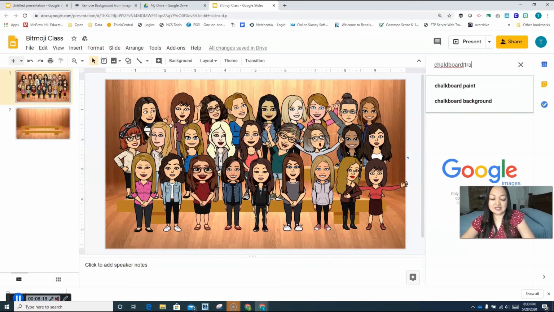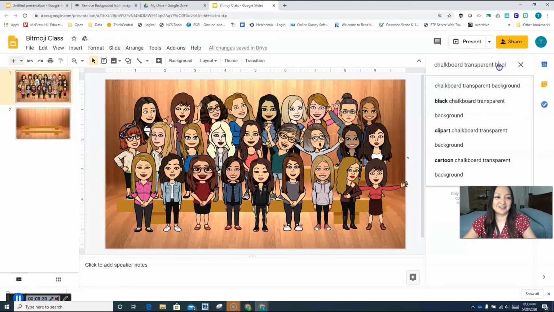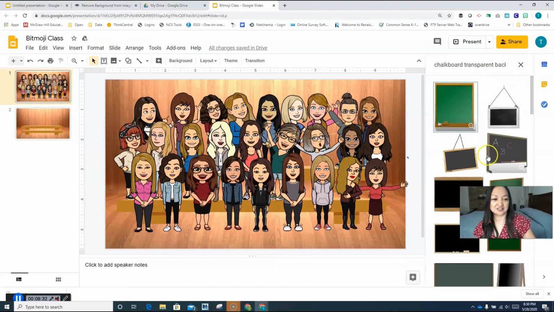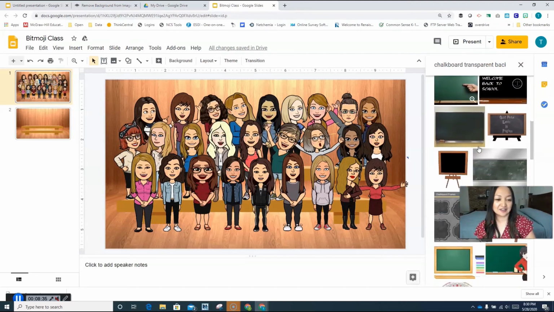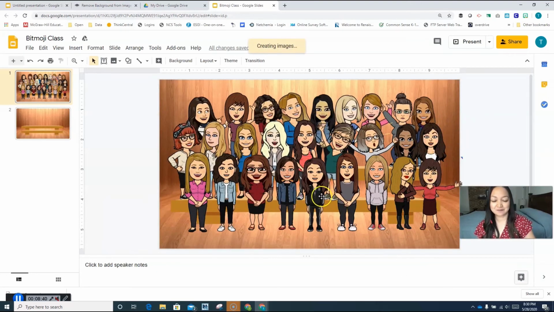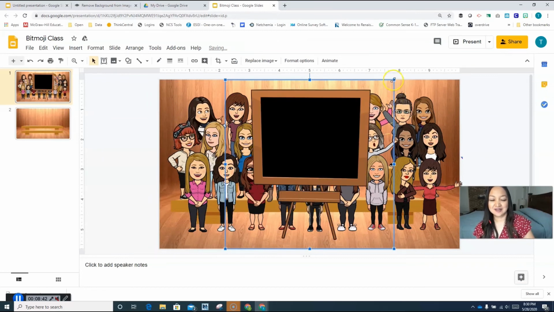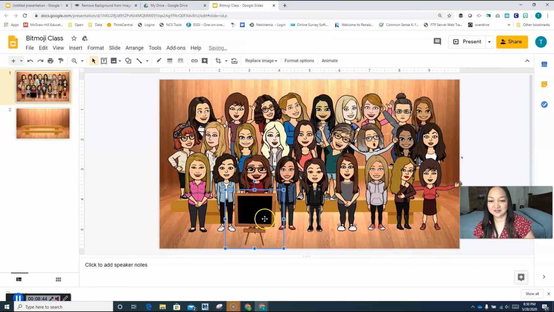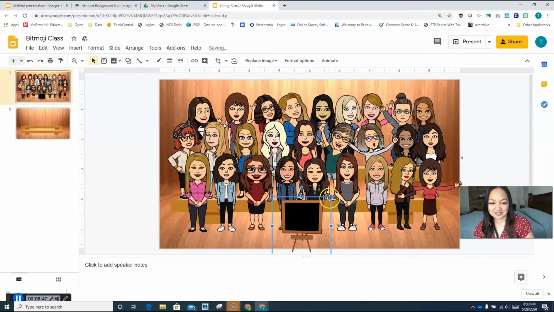And again, you want to type in transparent background, and maybe spell your word correctly. There you go. Or PNG. So I'm going to go ahead and search for one that I like, one that's blank, and this is the one I chose earlier, so I'll just do it again. I'm going to double click on that, and ooh, it's humongous, so let's shrink it down. We don't want to cover anyone's beautiful faces, so I'm just going to put that here, and I don't care if it hangs out the bottom because that's just going to get cut off,